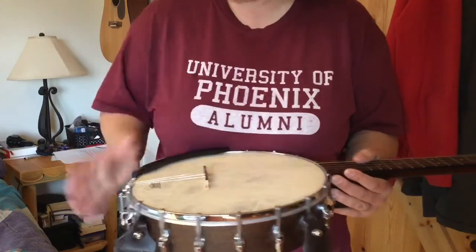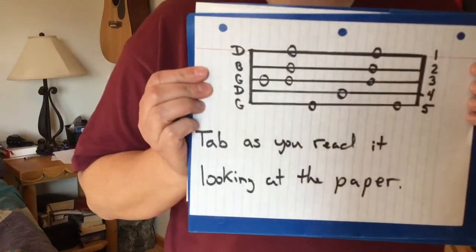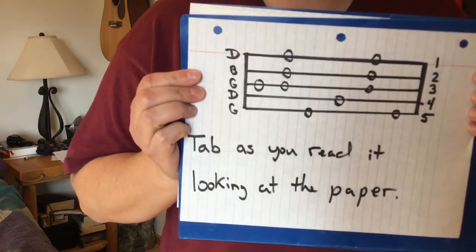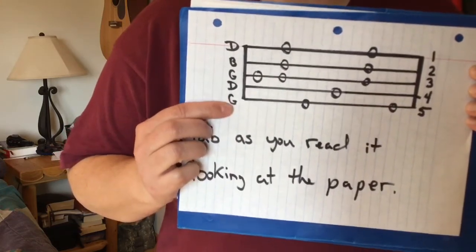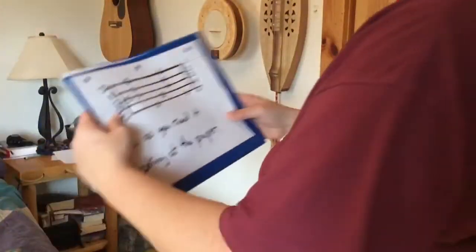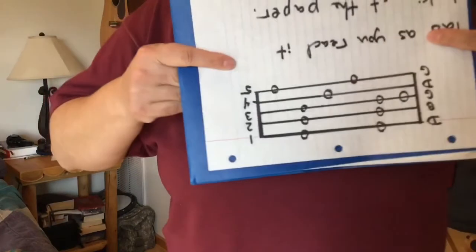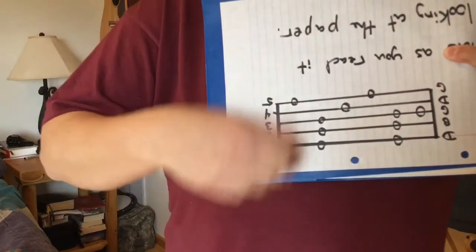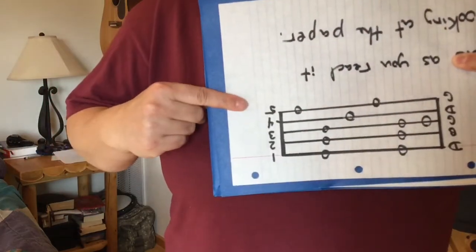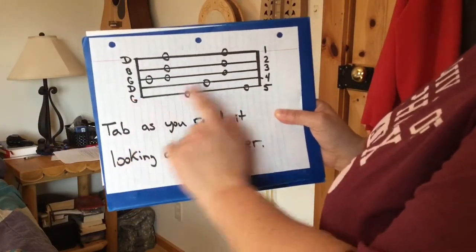And I didn't explain that all the way. So here we go. That is how it looks when we're looking at the paper. Our 5th string is closest to us if we're looking down at it. Our 5th string, it came from up here like this, because this is the 5th string, and that's how we would play our banjo. 5th string. When we turn it and look at it, our 5th string's on the bottom, 1st string's on the